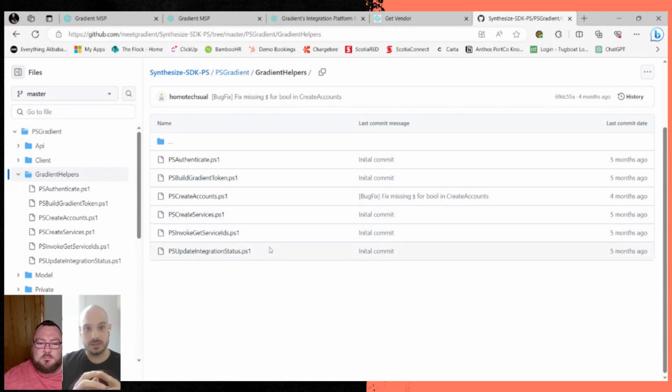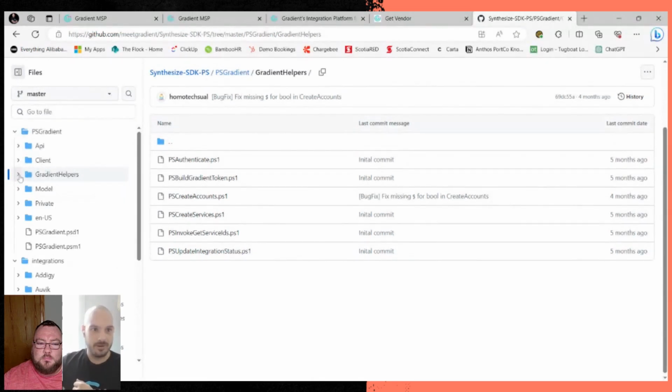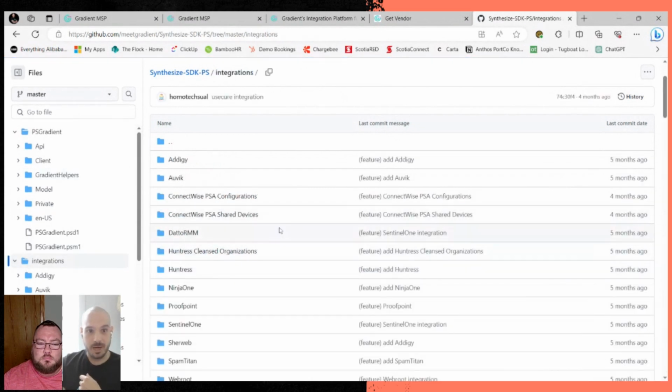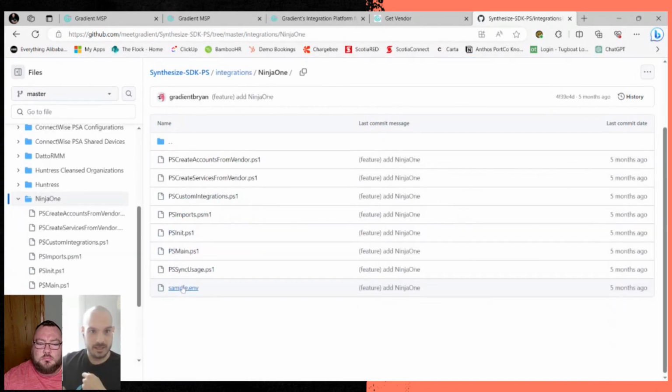You essentially just open it up and put in your variable where you need. The next part of that is pulling information from your RMM. Well, what we've done is we don't have every RMM obviously already integrated, but what you can do is you can go to integrations here that we've published as templates or samples, and you can say, hey, I'm going to go in and look at the Ninja one.